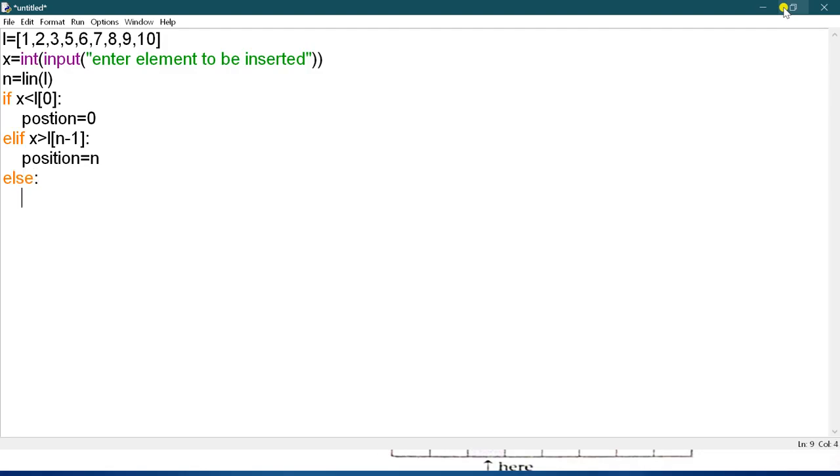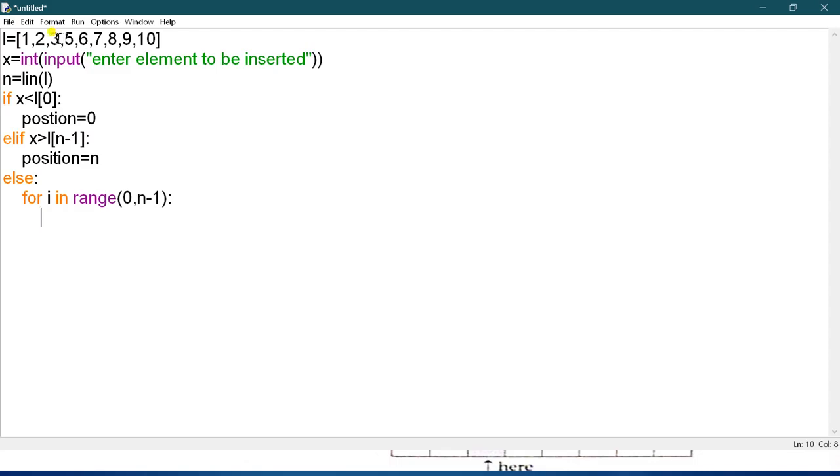So for i in range 0 to n minus 1. Now you have to check the element. You want to insert the element 4, and 4 is missing here. So what will you do?